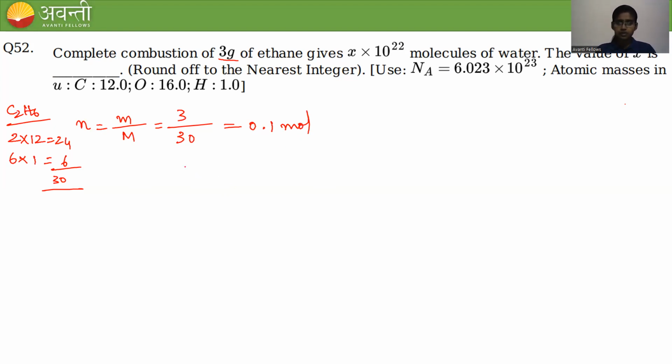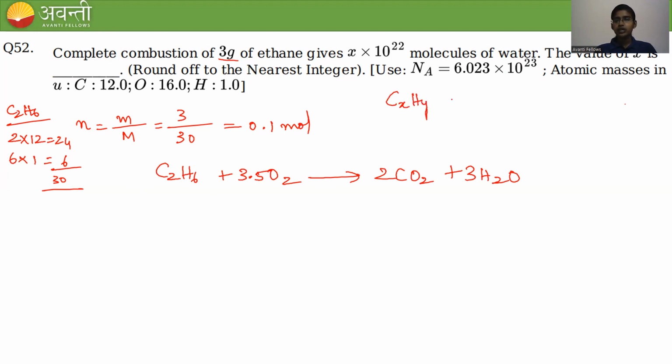Okay. Now let me write the combustion reaction of ethane. So it is C2H6 plus 3.5 O2 giving 2 moles of CO2 plus 3 moles of H2O. So where does this reaction come from? So the general equation is CxHy plus (3n+1)/2,